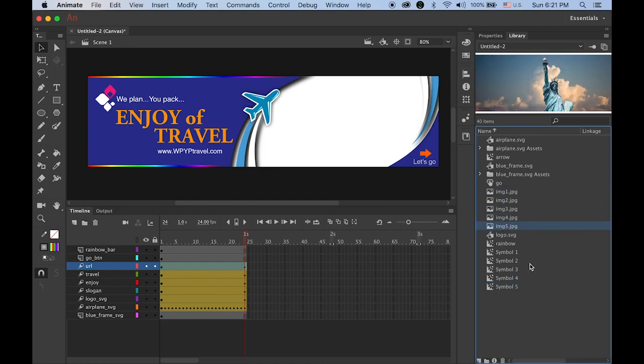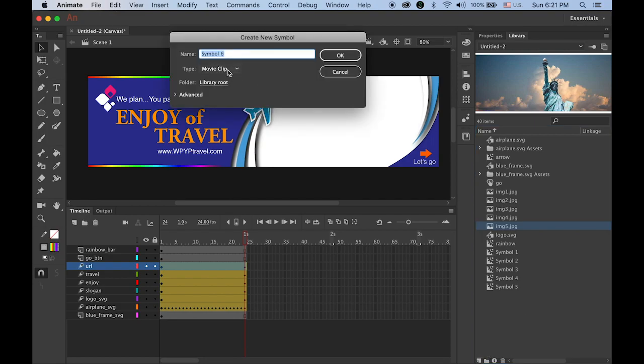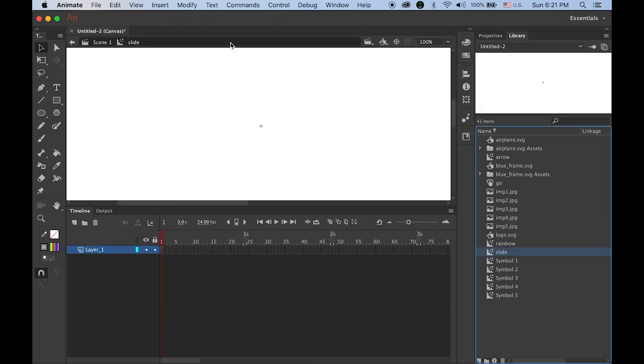Okay. Now we're going to create a movie clip symbol. It's a kind of automated slideshow thing. In the library, add a new symbol. This will be a movie clip symbol. I will name it slide. Okay, in this slide movie clip symbol editing window, make sure you're in the slide movie clip symbol, not on main